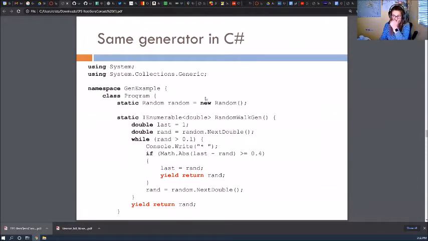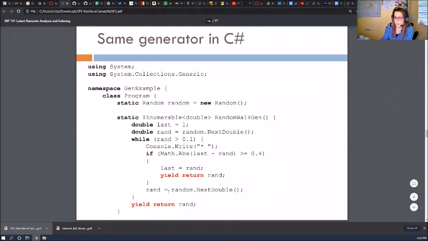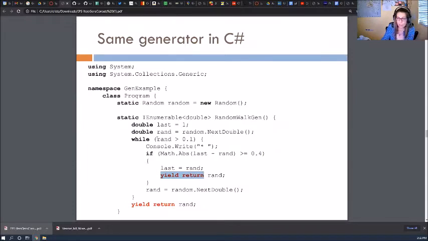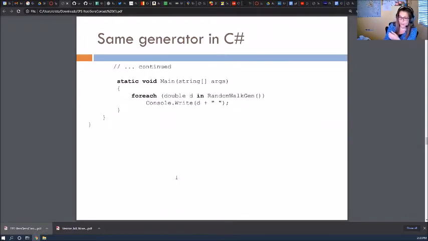C# also has generators, so that you know. So here's the same generator in C#. And in C#, it's not just yield. You have to use yield return. This combination of keywords, yield return in C#. But the concept is exactly the same. It means that you have a local return here, but if you call it again, you come back here. You don't go back to the beginning of the method. You go back to where you left. So basically what it means, the function doesn't go away. It remembers where it was. And this is how you call it.